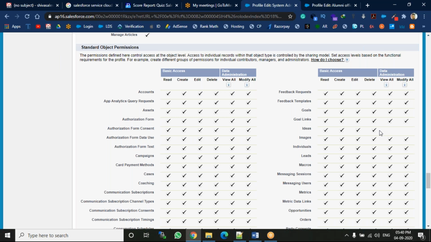So what is this view all and modify all? For example, take the accounts object. In the accounts object, we can create records, delete records, and edit records. That means we can customize these things. But coming to view all and modify all,